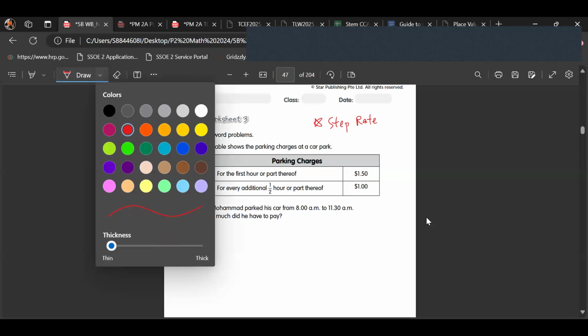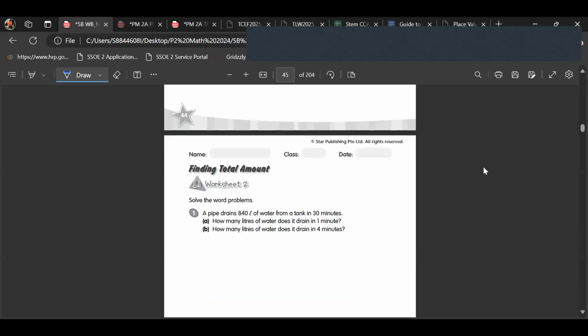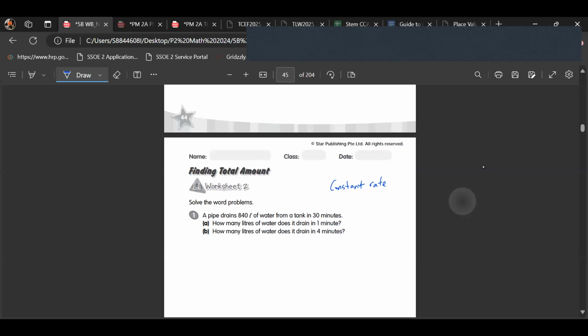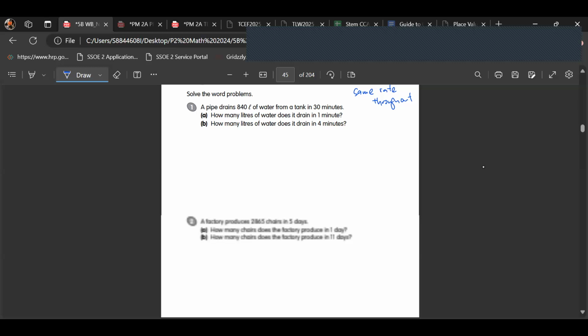Whereas the previous examples have all been constant rate, or you say uniform rate. So it means that the rate didn't change over time. Uniform means it's the same throughout. So same rate over time. Whereas for step rate,